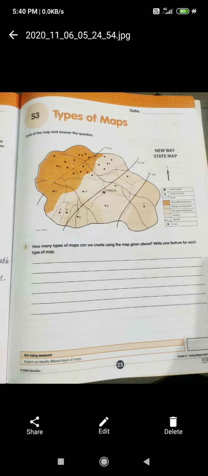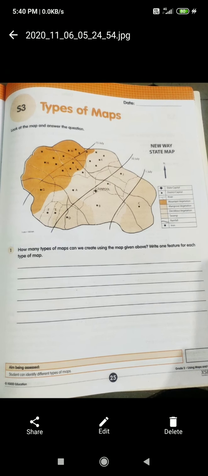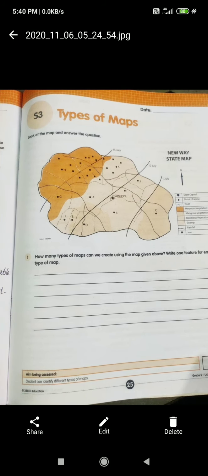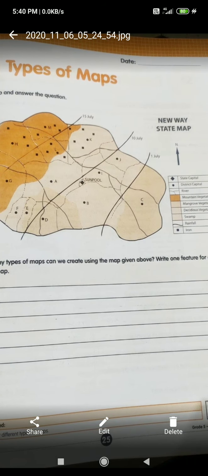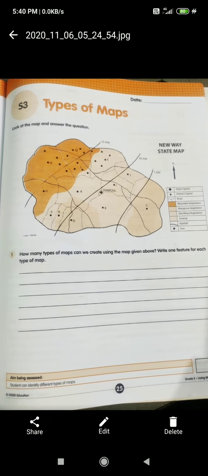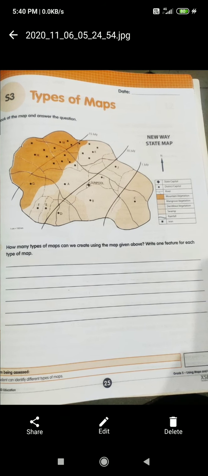Now all of you open S3. The first question has been given. Write the date, students. You can also see the symbols in the map, right? Direction given here, 1 centimeter equals 100 kilometers, you can see, right? That is the scale. Next one is here, it is a legend box. So here what is included in this map you can read and find in the legend box, right?